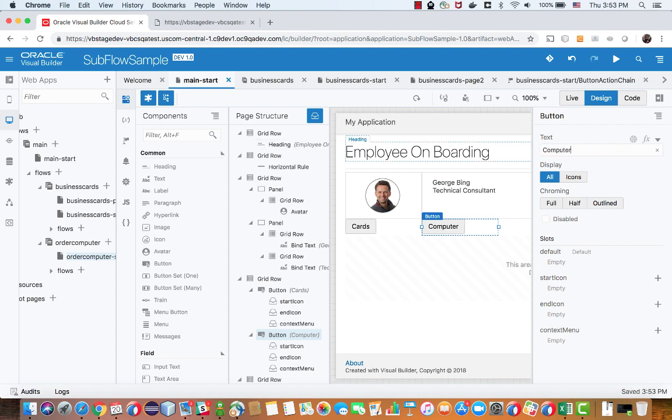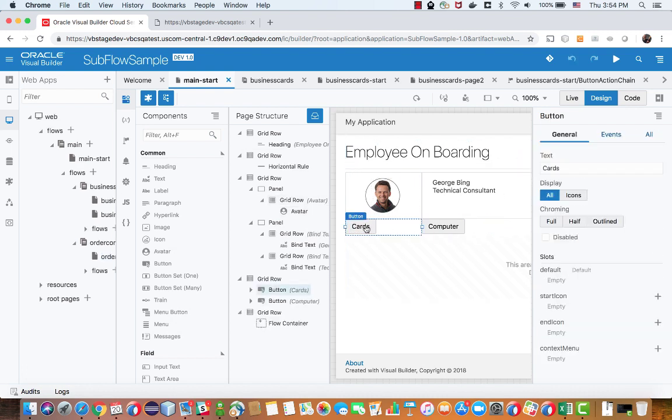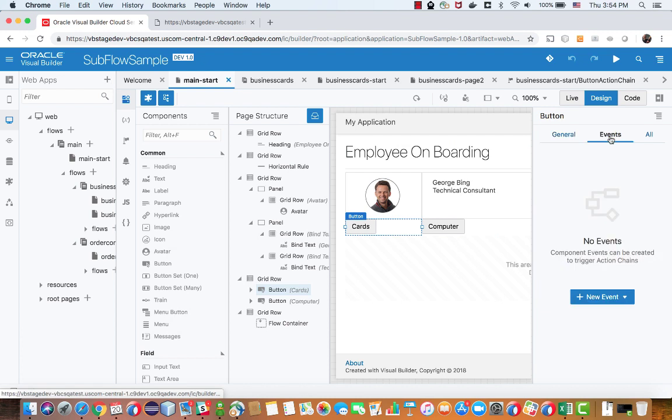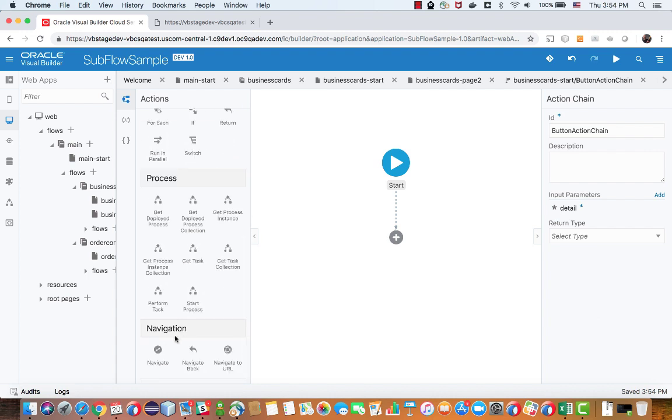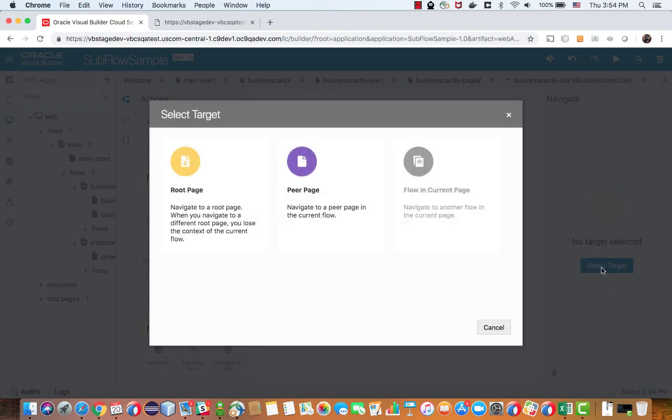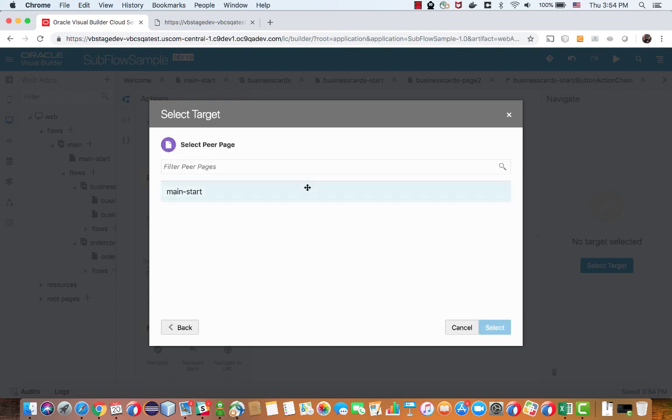And now we need to actually do something when we press the button. When we click on the cards, for example, we would have an event, and in this event we're going to use a navigate operation. There's a little bug in the current version I'm using where navigating to a flow in the current page doesn't work here. So instead what I'm going to do is a navigation to a page,